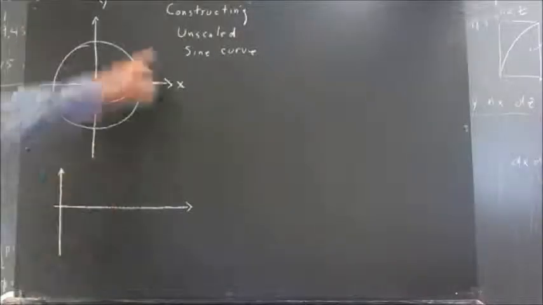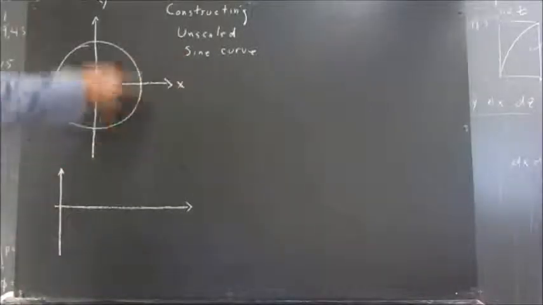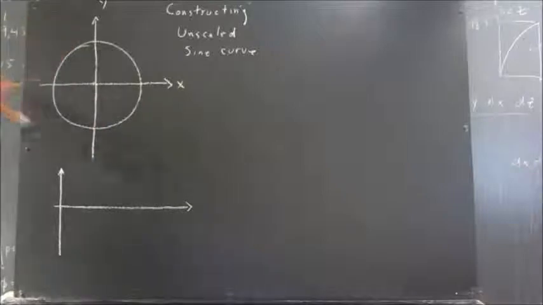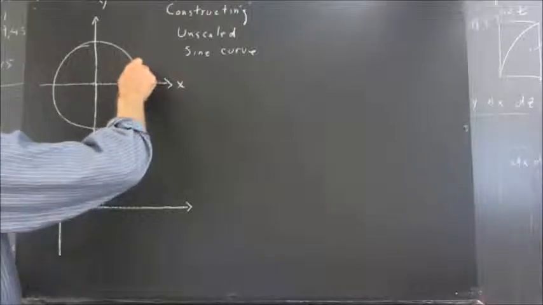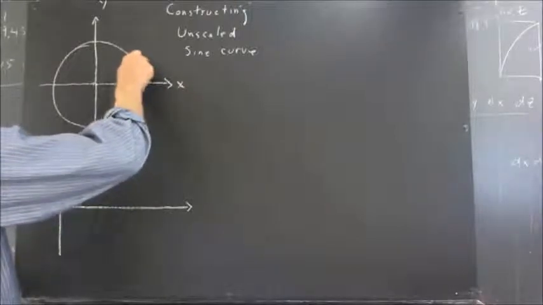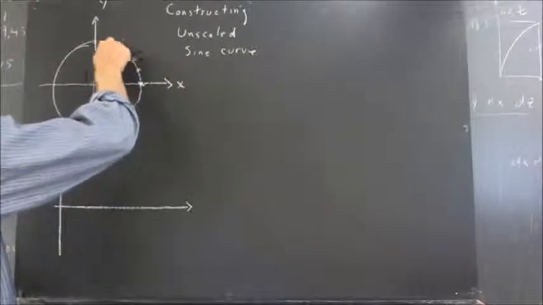We're going to construct an unscaled sine curve. We start with a circle, and the center of the circle is going to be the origin of an XY coordinate system. We start from the positive x-axis, and we make a series of equally spaced